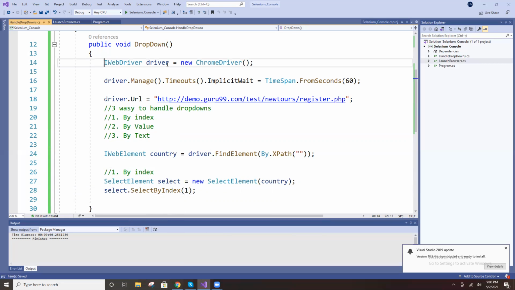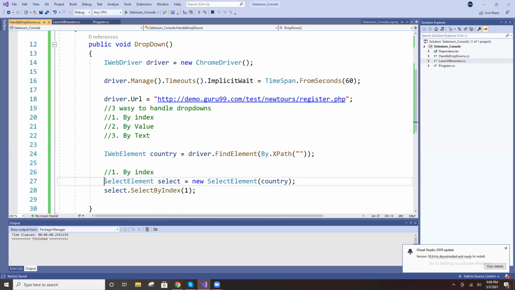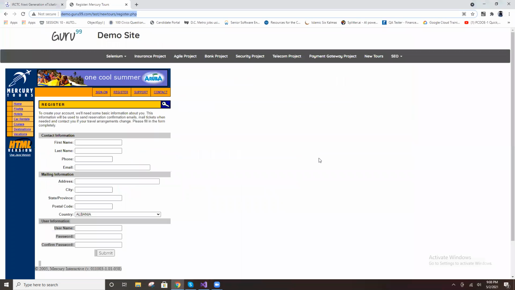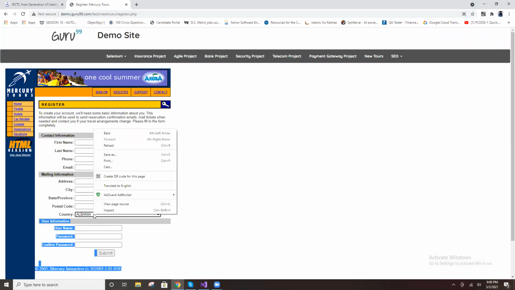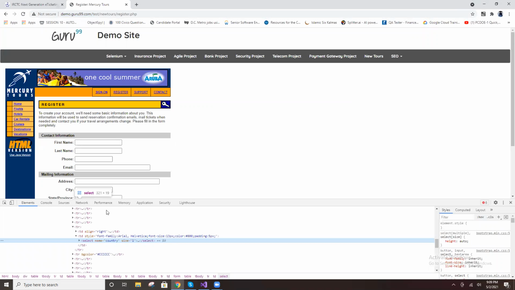Got it, Maslima? First of all, I'll launch the browser, navigate the URL. Then identify the element. First of all, find out the locator for this one. Inspect the text. This is a country, right? Now tell me, which one can you use?